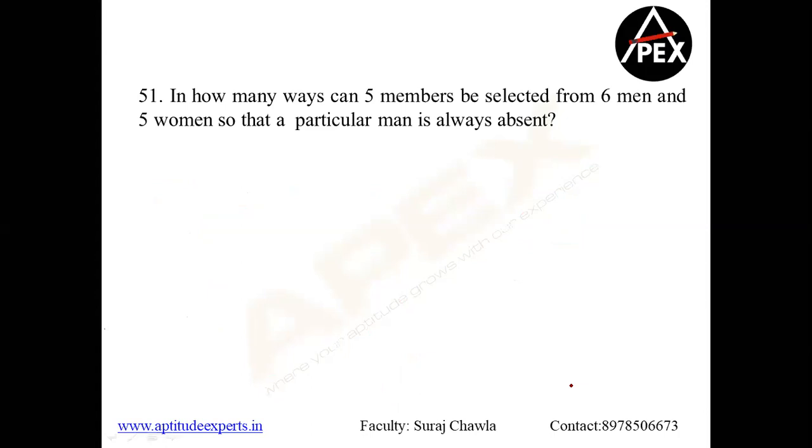Now, in how many ways can 5 members be selected out of 6 men and 5 women such that a particular man is always absent? Now you have picked up the logic. I repeat, 6 men, 5 women. I've picked one particular person who is definitely absent. That means how many men are left? There are 5 men left and 5 women left. And I have to select how many members? 5 members. So therefore my answer becomes